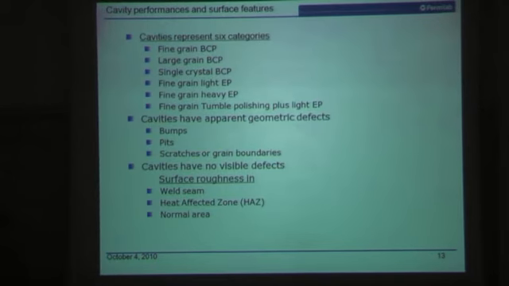Now, with all those things in place, we start to look at all the single cells we can get, plus the 9-cell which has a problem. Those cavities include 6 major categories. For those cavities, if there's a geometric defect, there are either bumps, pits, or scratches. In some cases, with large grain cavities, there are large, steep grain boundaries. And for those cavities without visible defects, or where the quench location is simply uniformly smooth, then we look at